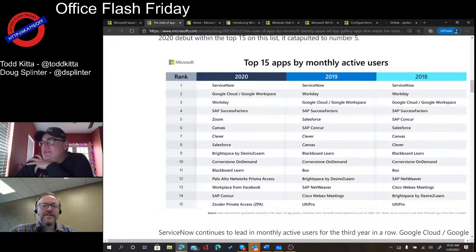Let's look at the top 15 apps by monthly users. I've never seen this data, and it's very interesting. So Zoom. I'm surprised Zoom wasn't higher, I guess, but it makes sense, 2020, right? And by the way, these are the non-Microsoft apps, just so we're absolutely clear. Look at Workplace from Facebook coming up. That's interesting, because us putting our apps on would be cheating. We're the top users of our own identity repo, so don't think we're not in the top 15. These are the top 15 third-party applications.